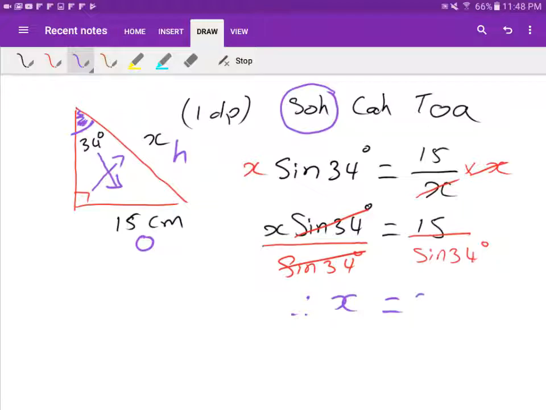If you type that in your calculator, you should get 26.8243 and so on. But because I want one number after the decimal point, my answer is up to here. Now before you write 26.8, you look at this number, because it's 2, less than 5. So your answer should